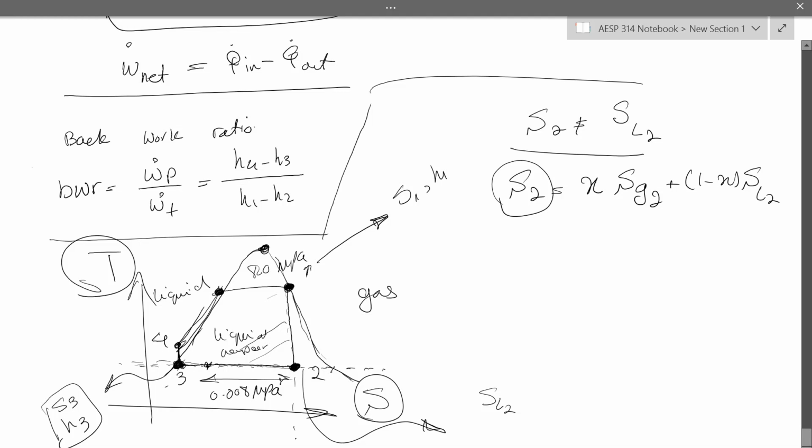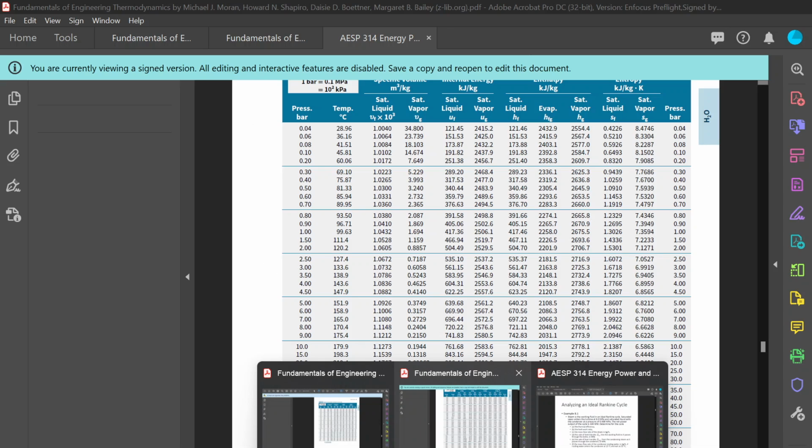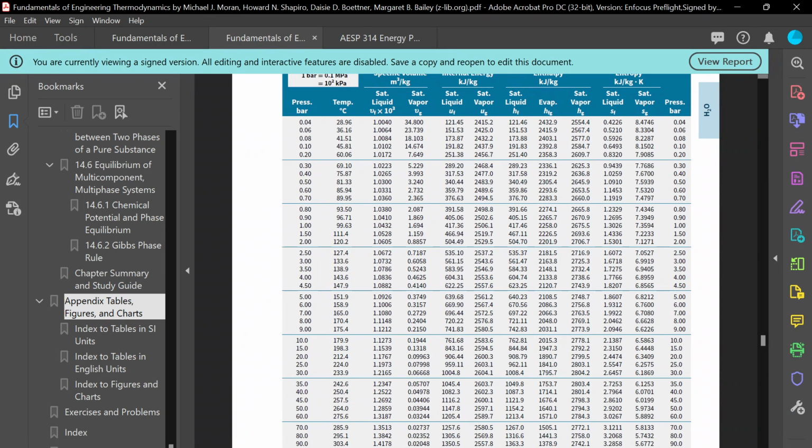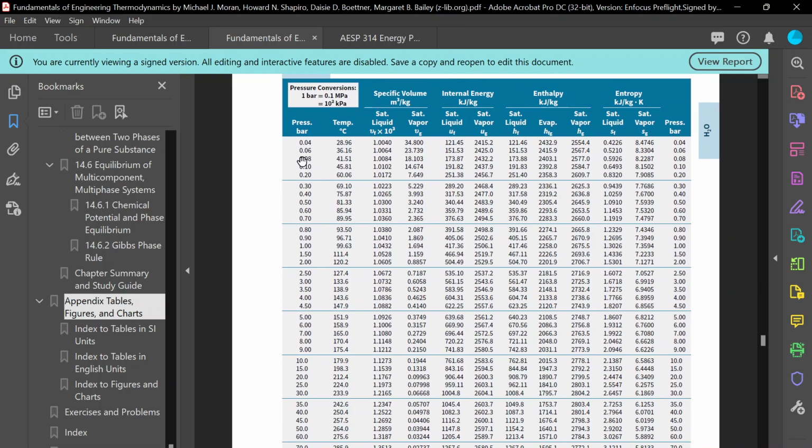Let's go back to the table. The idea here is that between 2 and 3, the temperature is going to remain the same, right? And this is at saturation condition. The only thing that is changing is vapor quality. You are adding more liquid to your system. That's the idea here, right? So let's go back to that. That was 0.08 megapascal, this line. Your temperature is going to remain at 41.51,